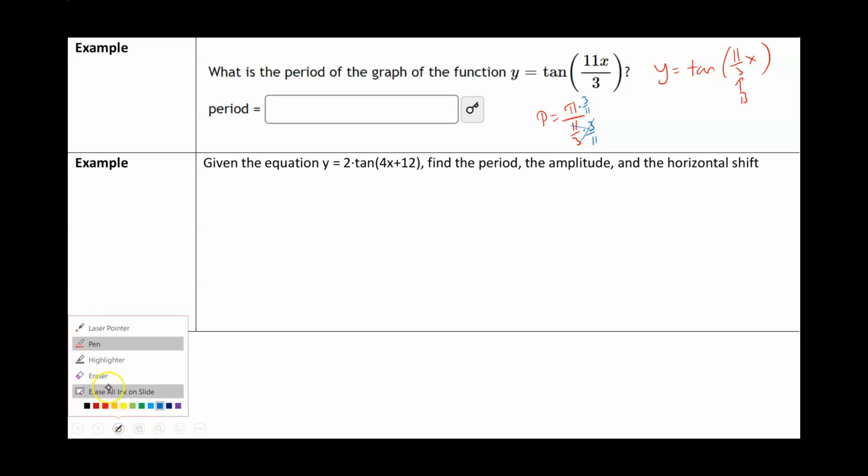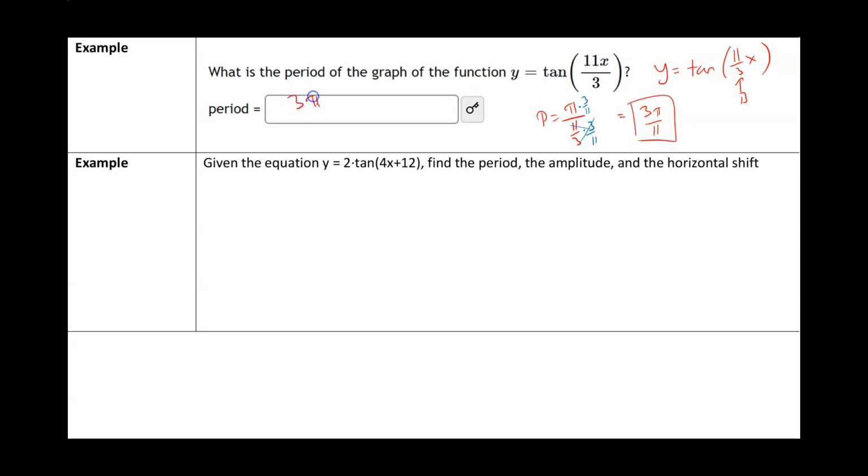And then if you take pi times 3 over 11, this is going to give us 3 pi over 11, or 3 over 11 pi, however you want to write it, and that will be the period of the function y equals a tangent of 11x over 3. Next, given the equation y equals 2 times tangent of 4x plus 12, find the period, the amplitude, and